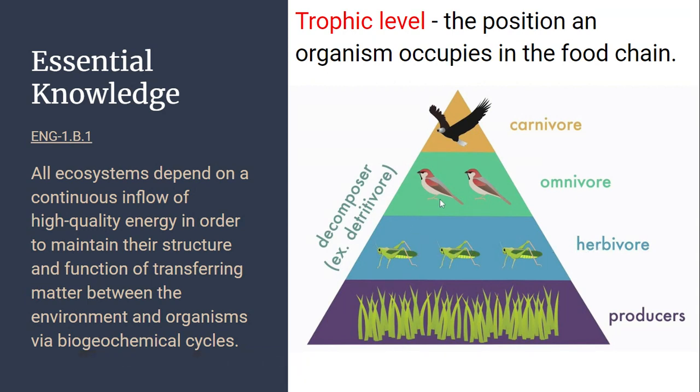And our next level are omnivores. They have the ability to eat either the herbivores or the producers. They are also known as our secondary consumers. And we also have carnivores that just eat other omnivores, herbivores, or other carnivores. They don't touch the plant material at all. And on this side of the pyramid, it just reminds us that we have decomposers that are going to be present at all times.